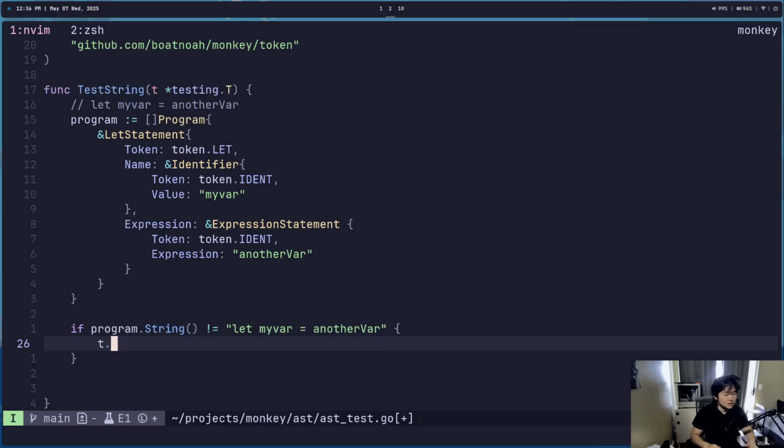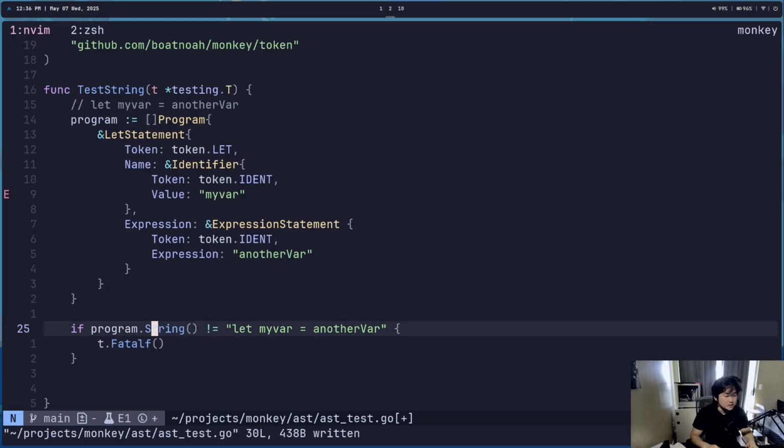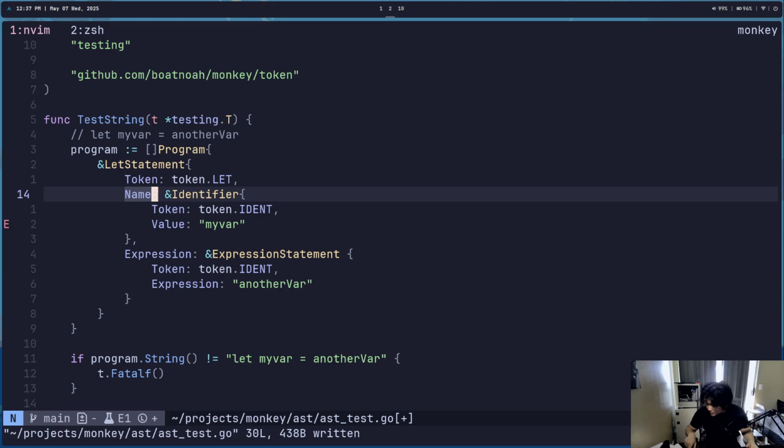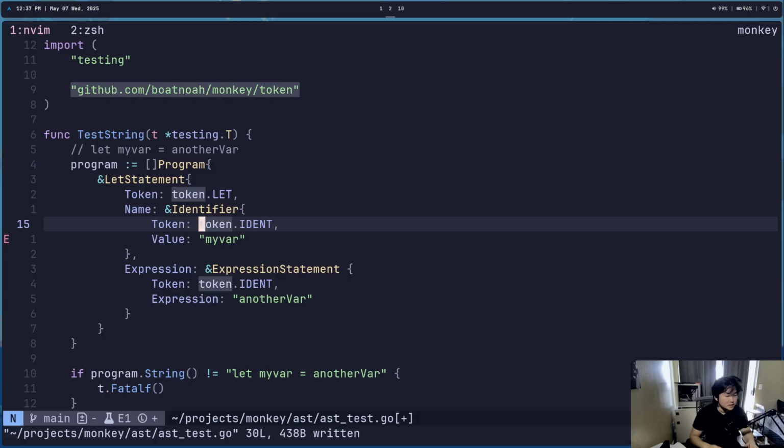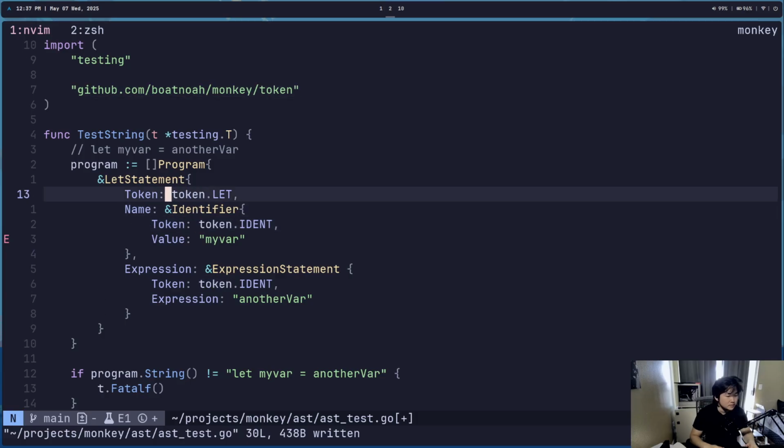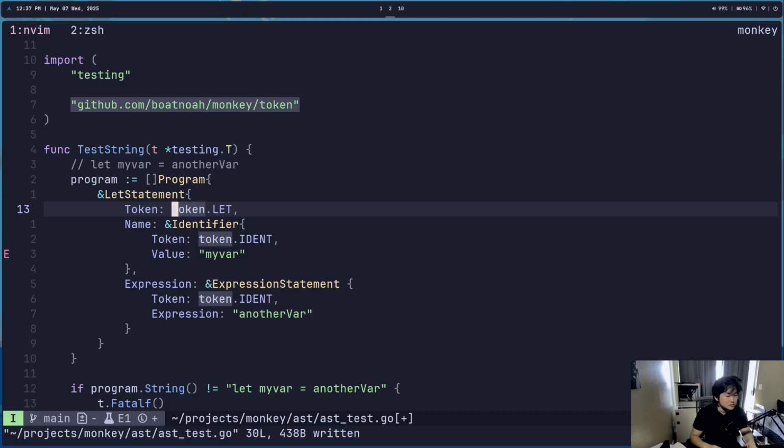T dot fatal f. I don't know what they said here. Oh, I see. I did an error here. I'm supposed to actually create a token. Yeah, this is not a token. Wrong type. So let's token dot token, and then I think token,